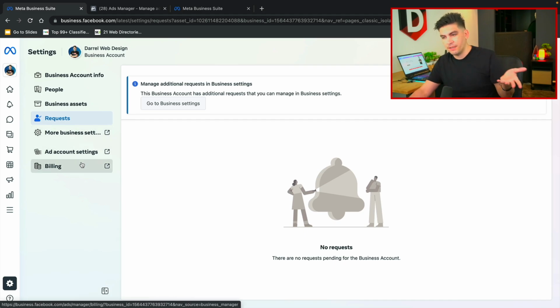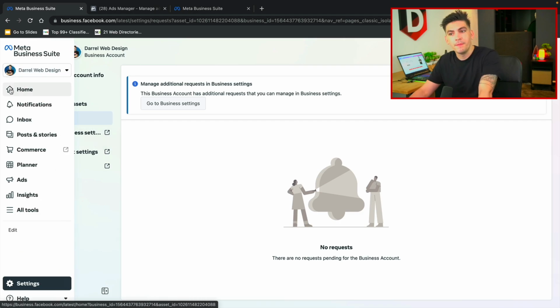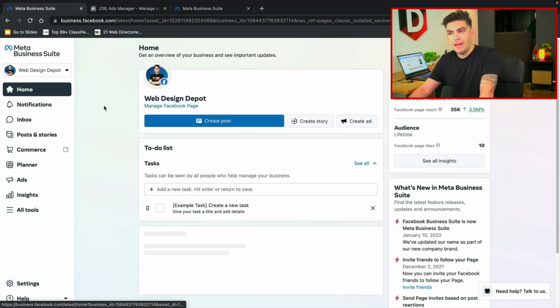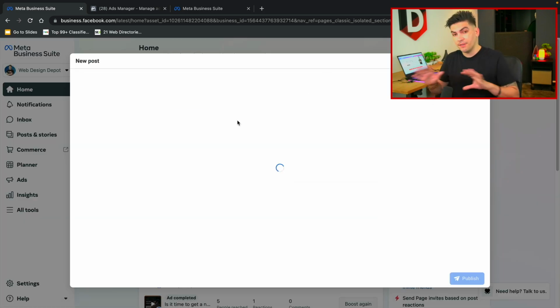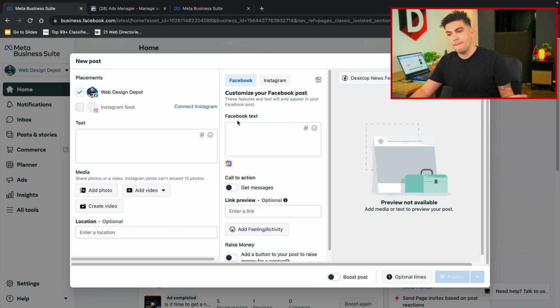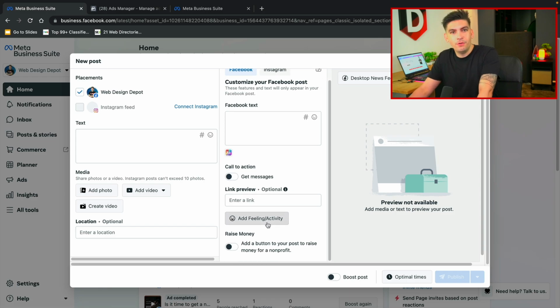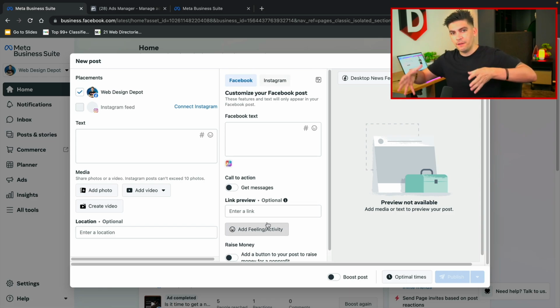That's just technical stuff. But let's first go ahead and talk about how to create an ad right here. So what we can do here is we can create a post, story, and we can also create an ad. Now, when you create a post, this is just like making a Facebook post, right? So this is not an advertisement. This is only a post. It's really up to you if you guys want to do it from here. There really is no added incentive to create a post from the Meta Business Suite versus your own page. It's strictly up to you.